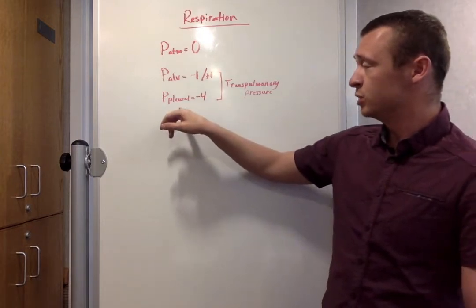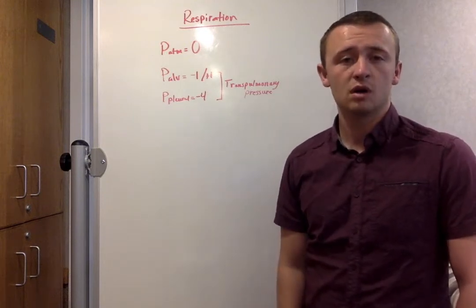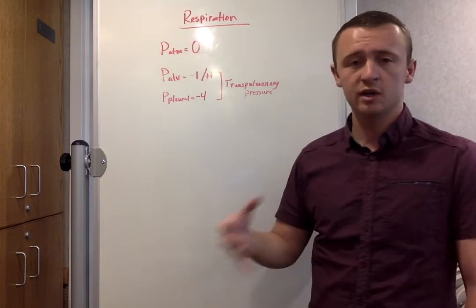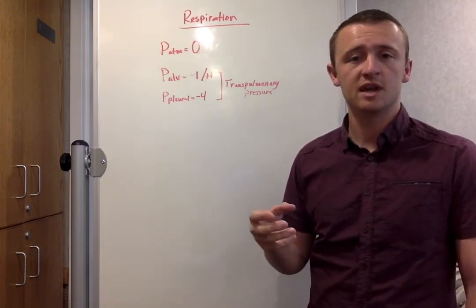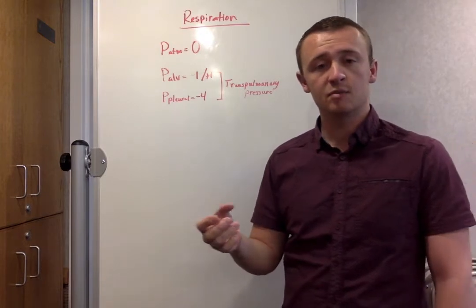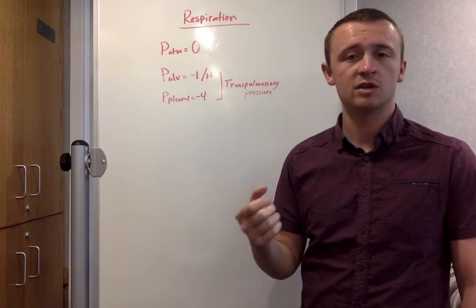For our pleural pressure, that is going to be -4. That is the pressure that's pulling against the lungs so they don't collapse. Remember, there's fluid there between the ribs and the alveoli within the pleura that are maintaining a constant pressure so the alveoli don't collapse